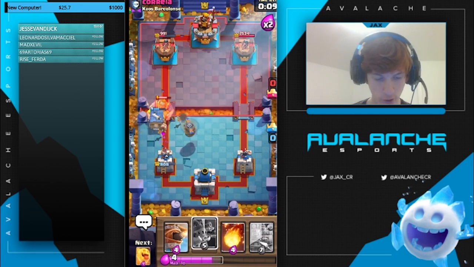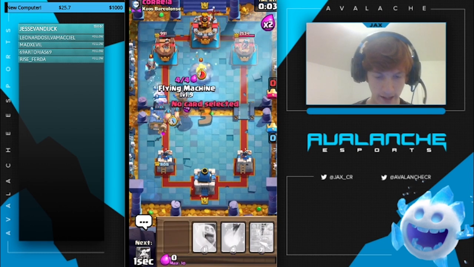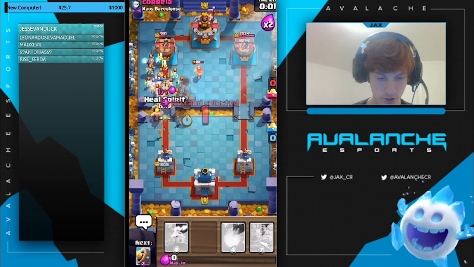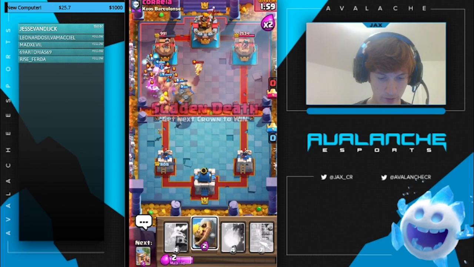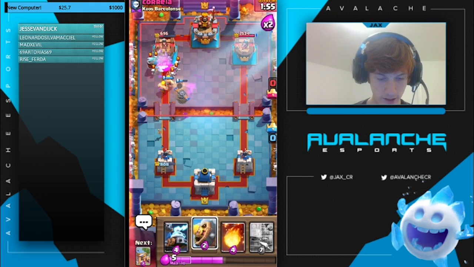And I think he's overcommitted just a bit too much to be able to win here at this point. We'll go in with an attack really aggressively here. We have 2 flying machines on the map. Heal Spirit's going to come in, hopefully heal up these Royal Hogs very soon. Flying machines are still alive somehow, and it looks like we're not going to be able to win the game